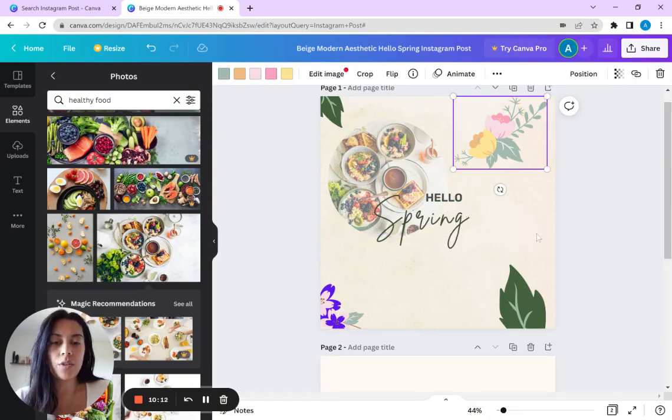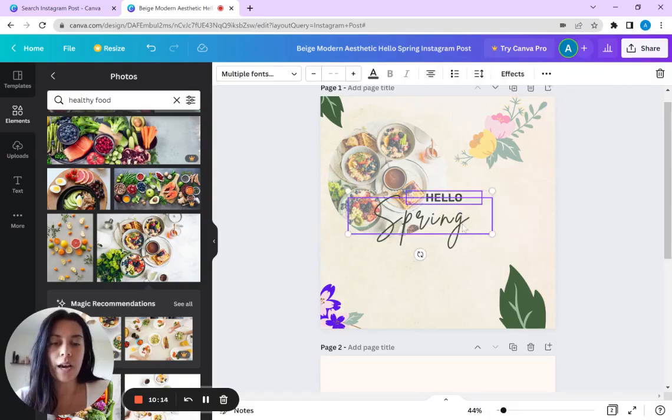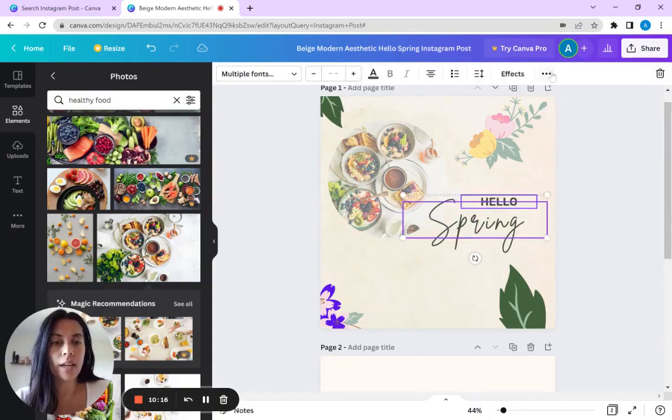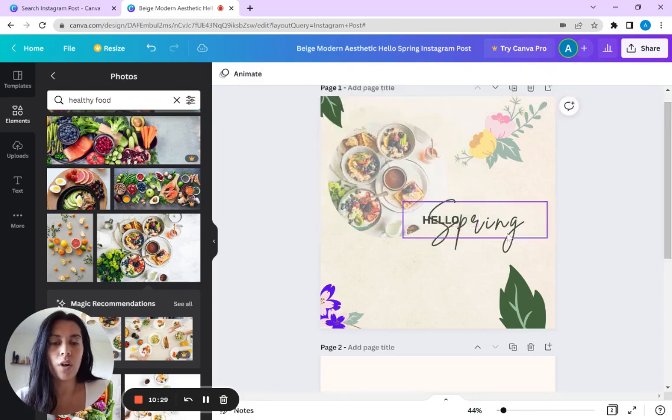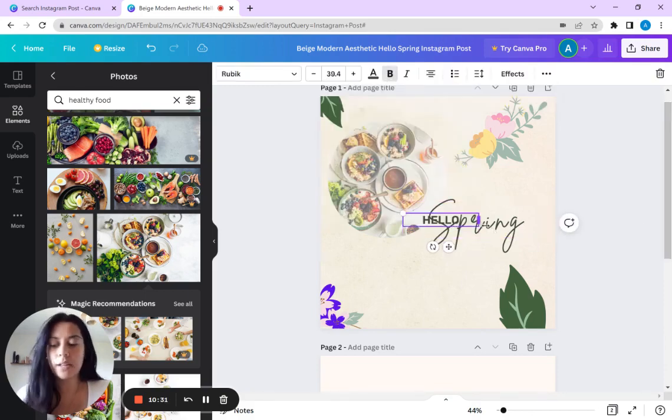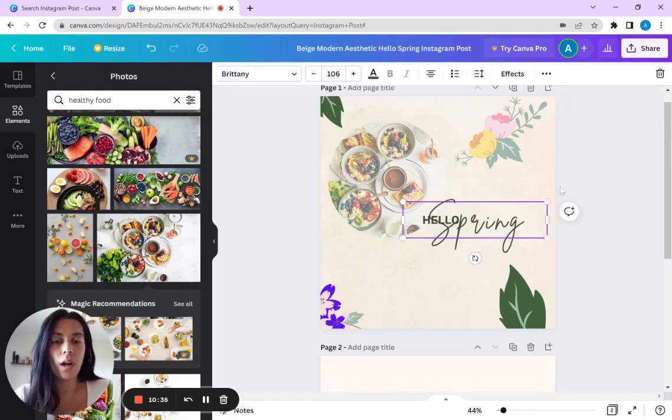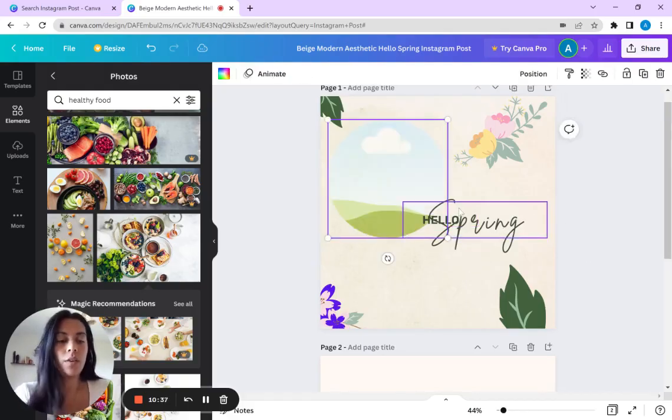And then another thing you can do is play with position. So let's say I wanted these to be totally aligned. I can click these three dots, play with position, and I can choose to align them to the left, align them to the right, align them to the bottom, whatever it is that I decide that I want to do here. And you can also do this if you highlight two things, you can do that amongst each other. Or as well, if you just highlight one thing, you can